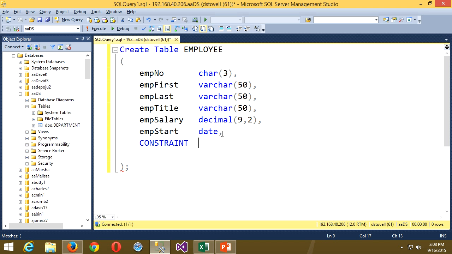The color coding helps me catch my typos when I make them. As you see, I do lots. And then we give it a name, right? So our naming convention we'll probably follow is PK. Now, whether you capitalize it or not should be personal choice. If you want to put it in lowercase letters, that's fine. I'm only doing that because when the system creates it automatically on its own, it always puts a capital PK. And then the table name,